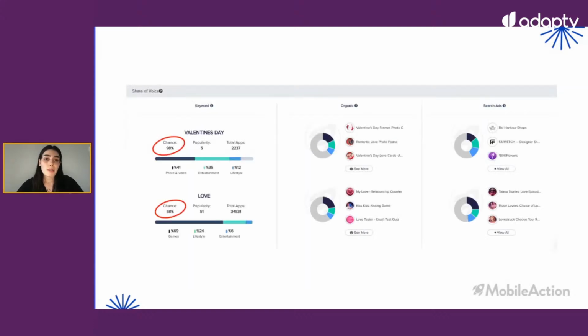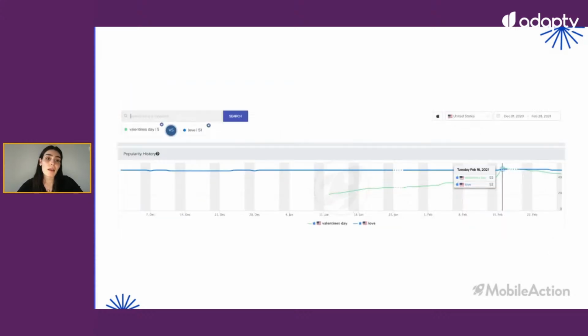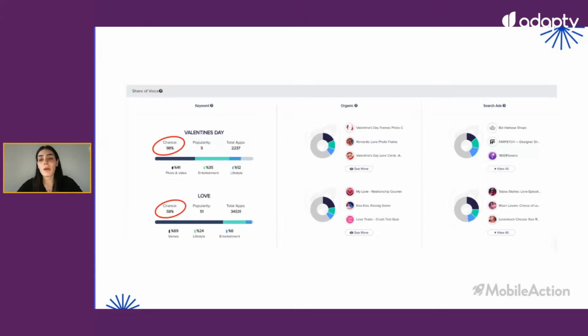For instance, for Valentine's Day, love can be the first keyword you think of. However, according to our keyword trends feature, its search score stands still over the course of the year. On the other hand, the search score of Valentine's Day skyrocketed from 5 to 53 before Valentine's Day approaches.